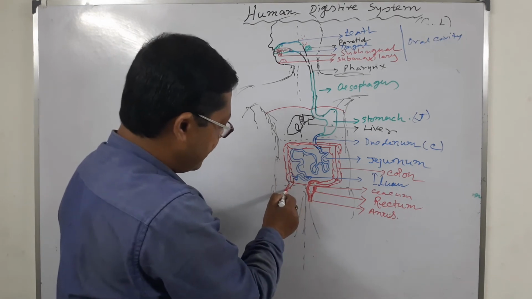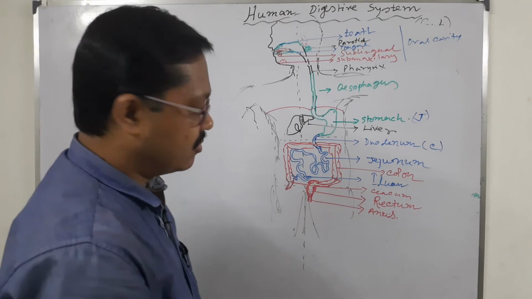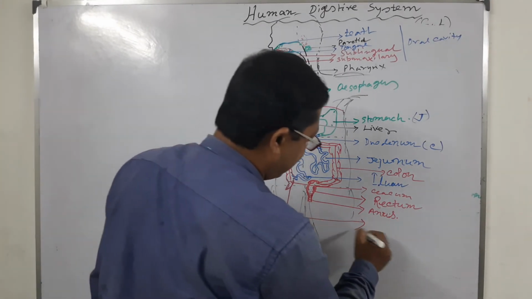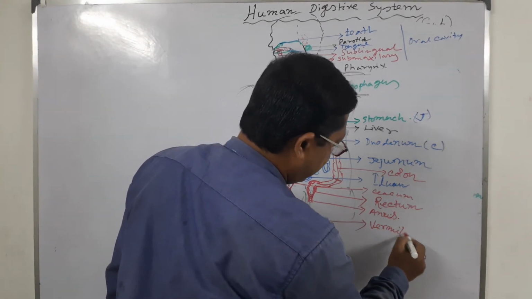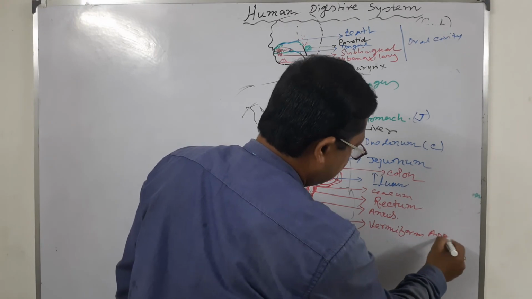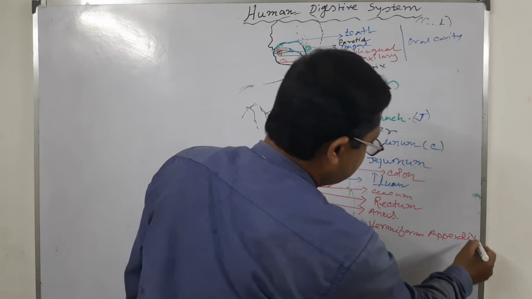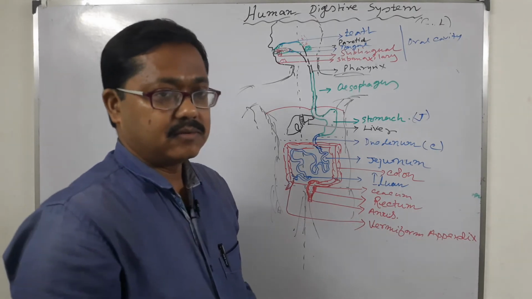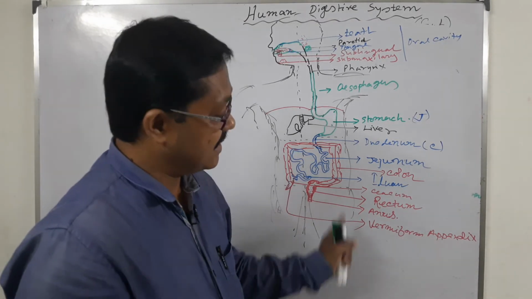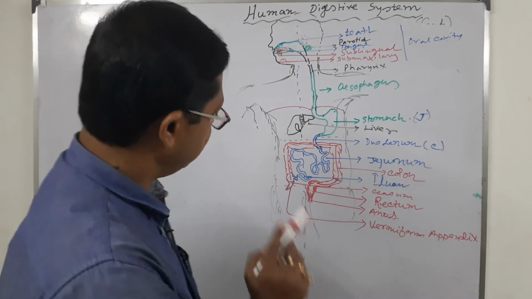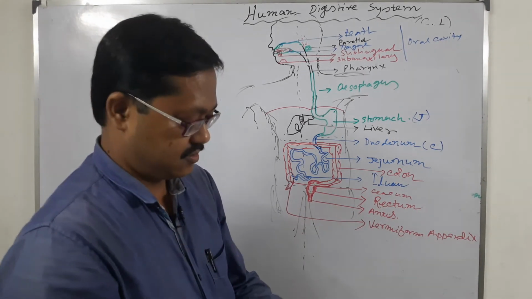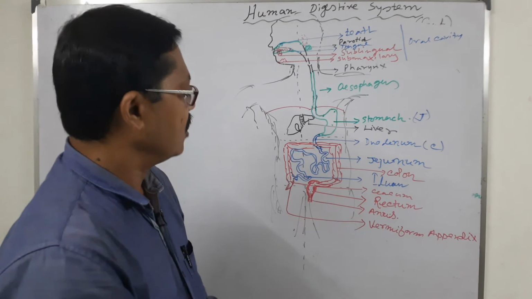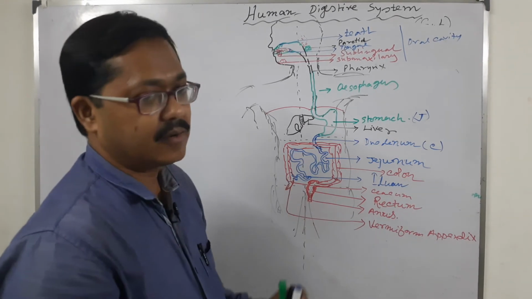Some finger-like projections are also found, an inactive part of the human body. This is called the vermiform appendix. This is the vestigial organ. It has no function in our body, but our ancestors also had this organ, and in their bodies it served some functions, particularly digesting cellulose with cellulose-digesting enzymes, circulating microorganisms. But in our human body it is inert.